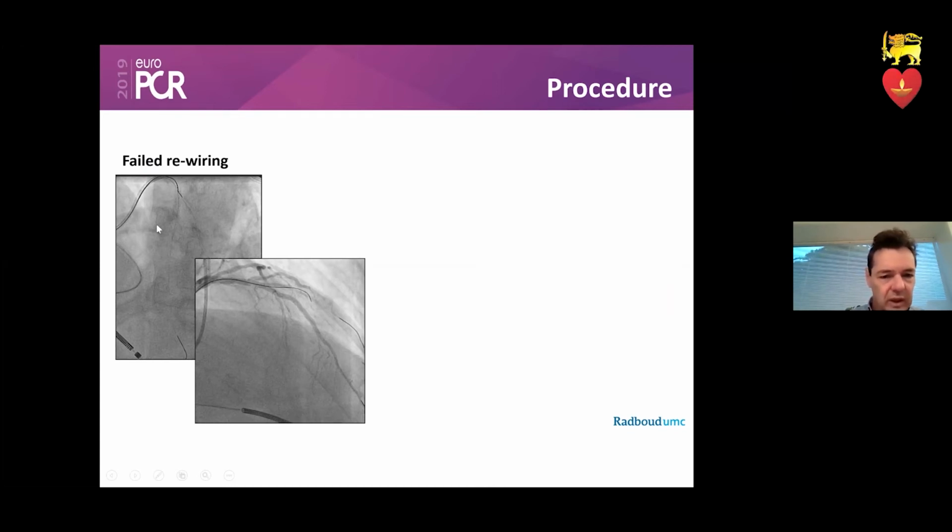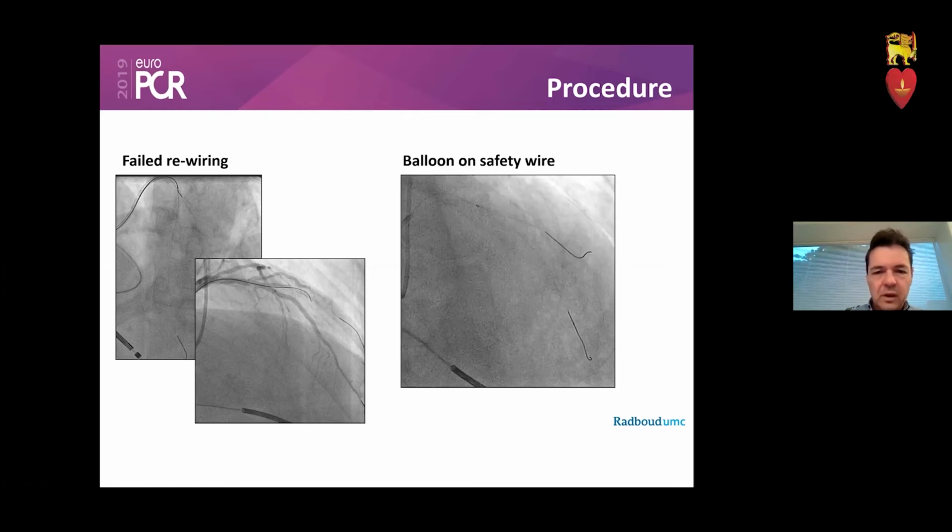Looks like the Fielder again. Unfortunately, you can see how much it goes into the dissected area of the side branch and not getting into the true lumen. Then I tried what also is one of the options, try to bring a balloon on the safety wire. But you can see the guiding catheter is getting pushed out, and this safety wire is unfortunately probably pushed so much in the diseased area that even our smallest balloon didn't pass